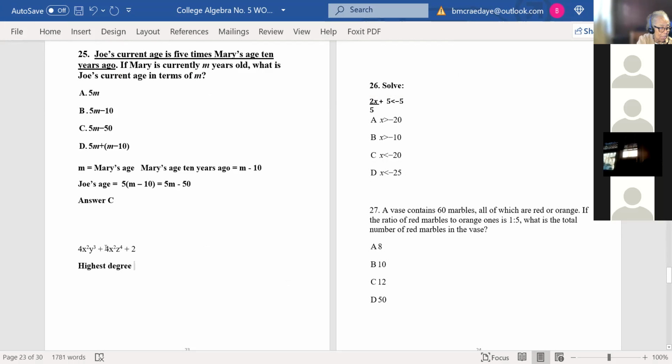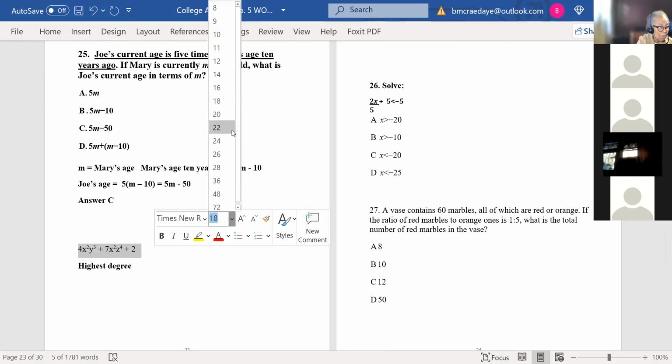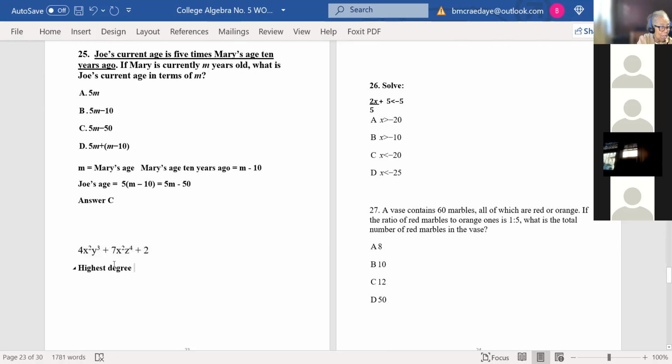So highest degree, and let's make this a 7 because I don't want them the same. Okay, so the highest degree, let me make that bigger. The highest degree would be 6 because this is 2 plus 3 is 5. This is 2 plus 4 is 6. So the highest degree is 6. You add up the powers in the term. Now the leading coefficient,